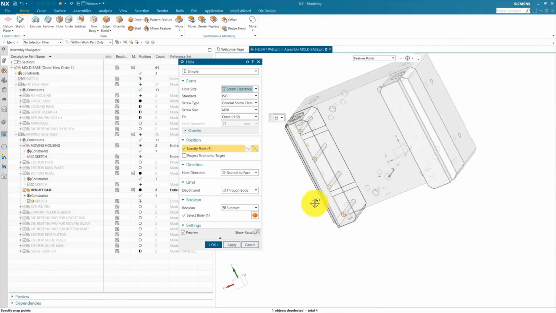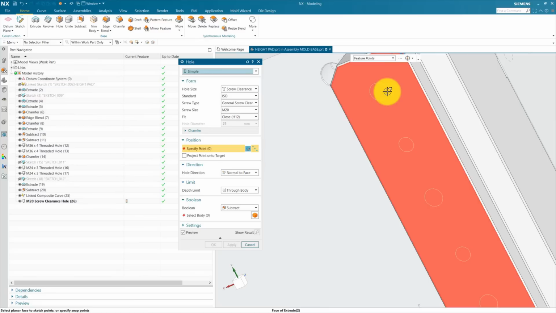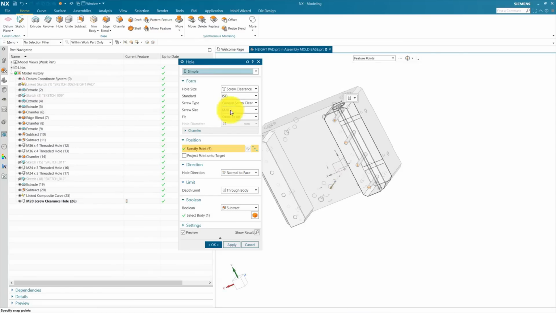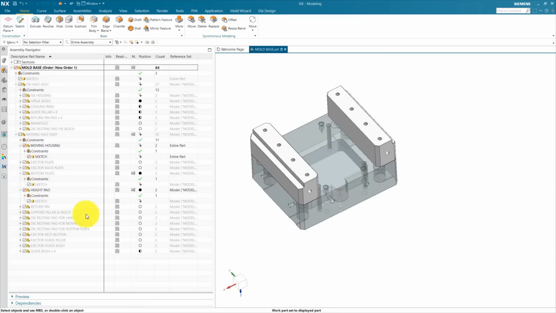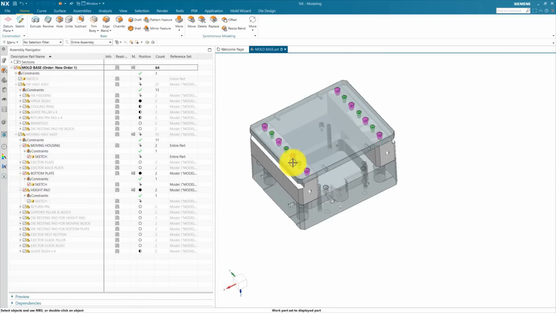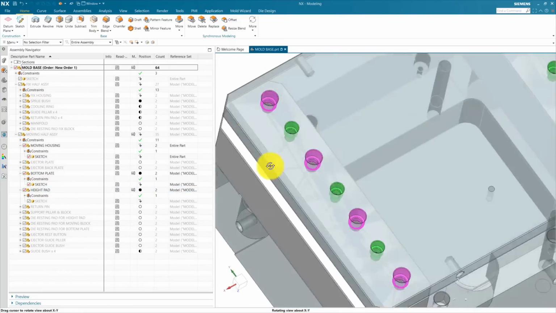In first height pad we created 4 holes for M20 through hole. Same we created on another side using this linked composite curve. Go to hole, use this. Okay. Now go back and activate our mold base assembly. So our bottom plate, you can see this through hole is created inside our height pad and